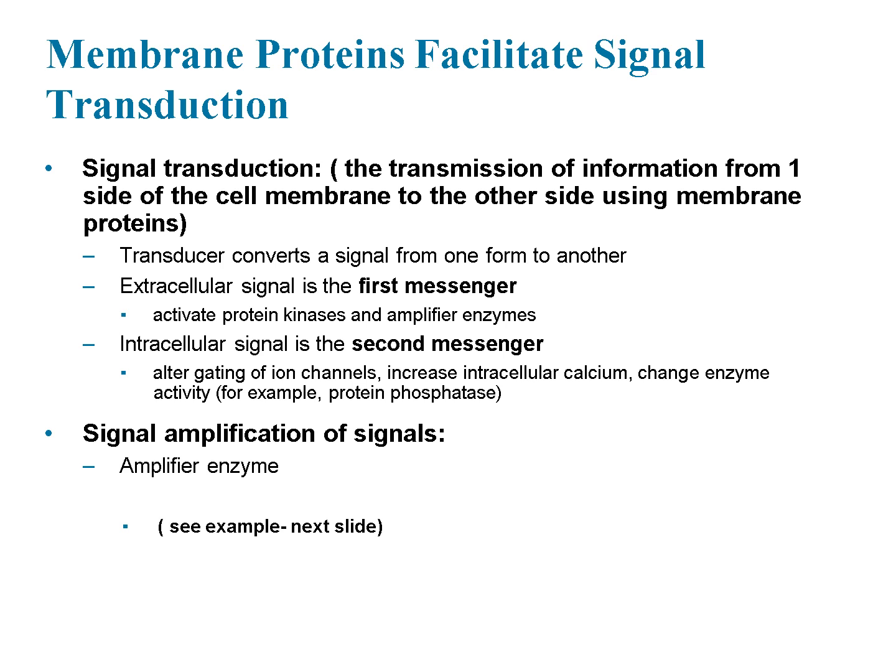Let's break down the sequence. The process begins with an extracellular signal, also known as the first messenger. This could be a hormone, neurotransmitter, or any other signaling molecule. When the first messenger binds to the receptor, it triggers the activation of protein kinases and amplifier enzymes inside the cell. Once activated, the intracellular signaling cascade begins with second messengers, which include molecules like cyclic AMP, calcium ions, or